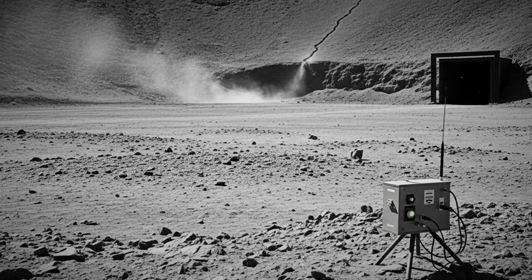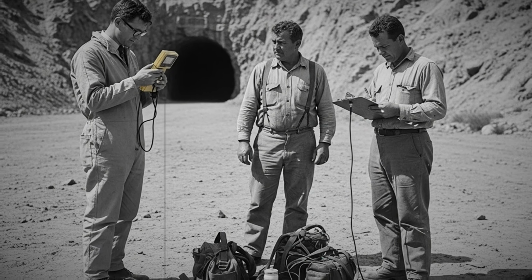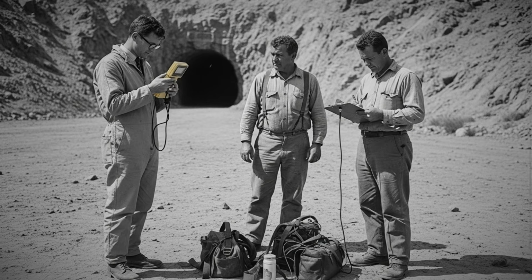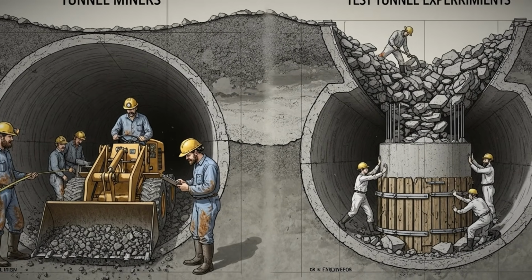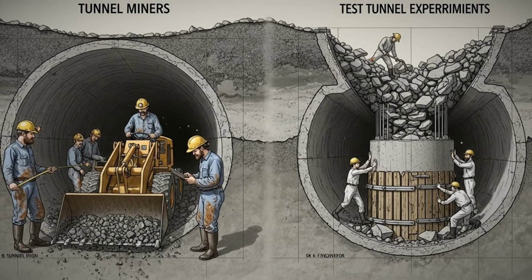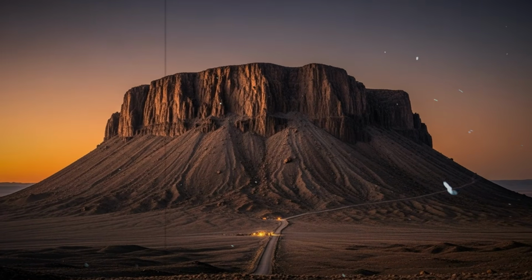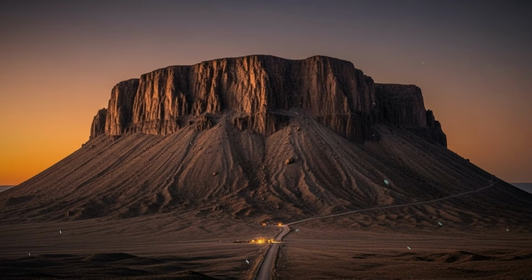Inspection crews waited for clearance before approaching portals, evaluating air quality, radiation levels, and structural shifts to determine tunnel access feasibility. In many cases, tunnels were left intact and reused, but others collapsed or became unstable, forcing engineers to seal them and redirect operations to new sites. Through these cycles of excavation, testing, evaluation, and adaptation, Area 12 evolved into one of the most intensively studied geological